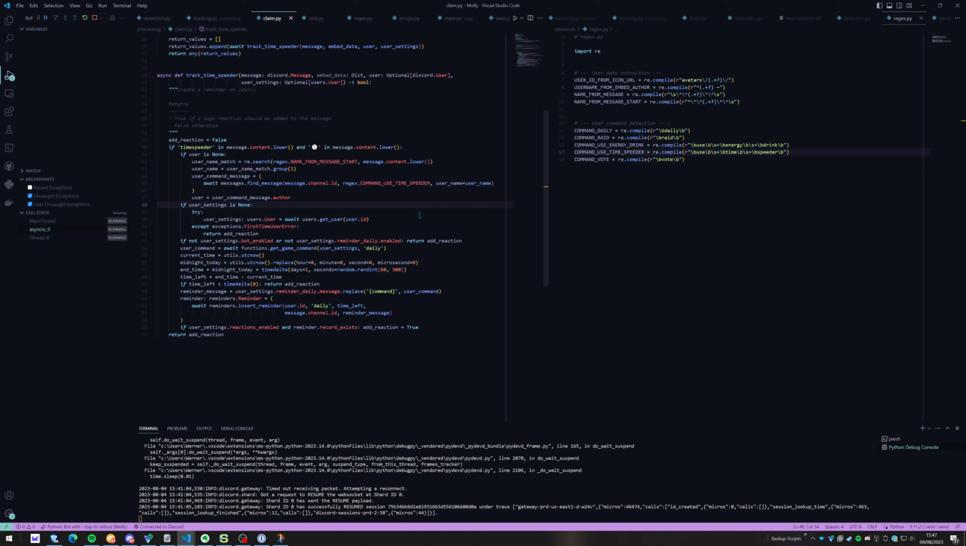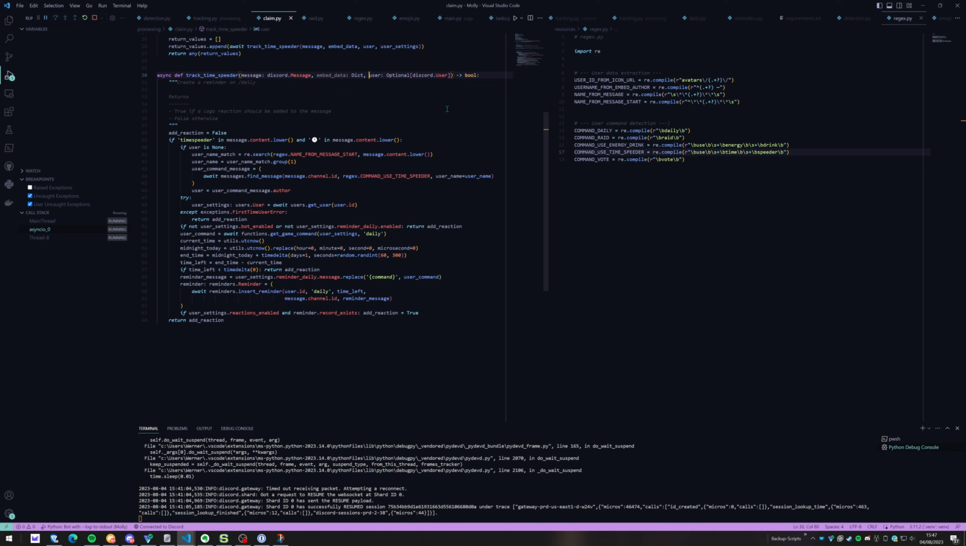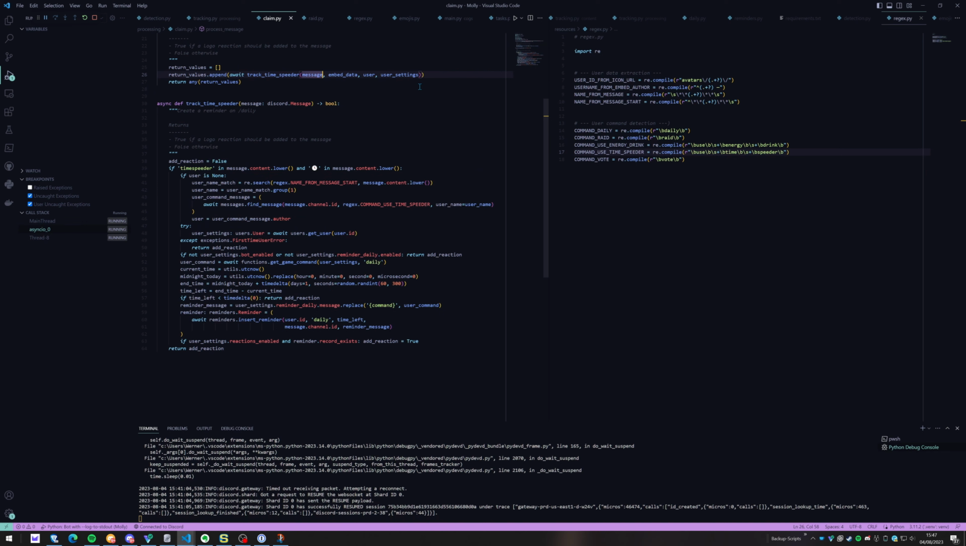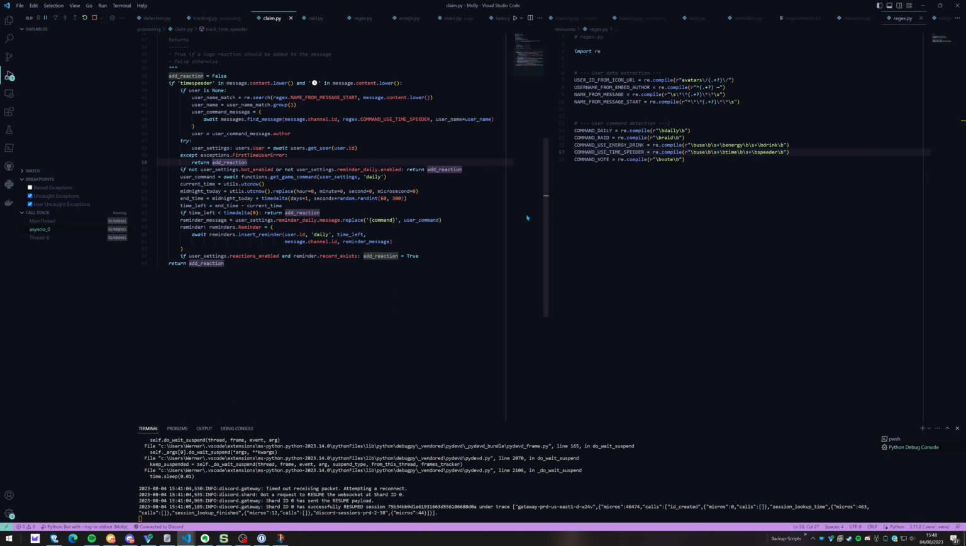If user settings is none, yeah, I mean, obviously it's none. There's no embed. I can just get rid of all of that stuff actually, because I don't have any of that. Okay, now